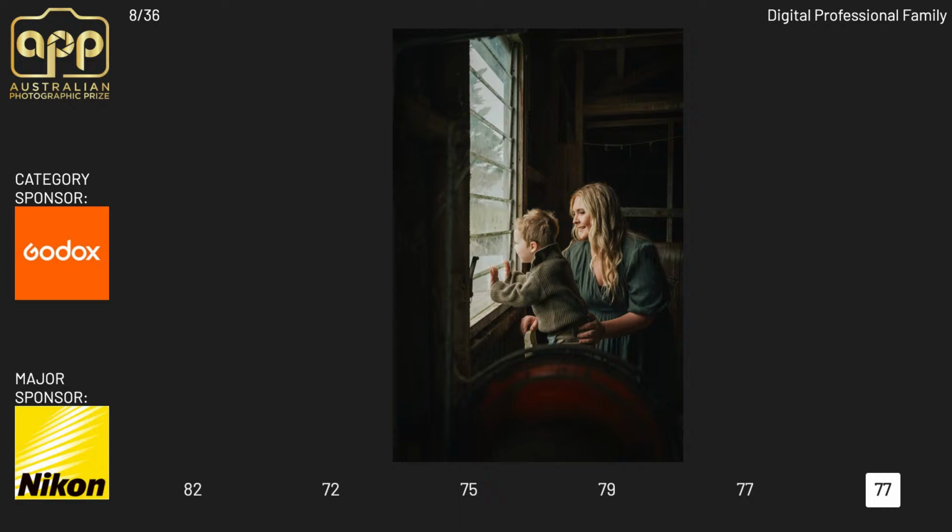What a beautiful, beautiful moment. It looks so natural between that mother and son. I'm presuming it's mother and son. We've seen a lot of images through a window through COVID, but this is very different. At first, I'm thinking, are we in a train? Are we in a shed? Are we in a shack? Where are we? It's making me think.